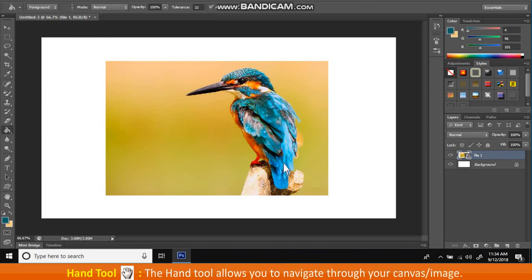Hand tool. The hand tool allows you to navigate through your canvas or image. Double-click on Icons toolbar and the image will get fit on the screen. The steps to use Hand tool are: in the toolbox, select